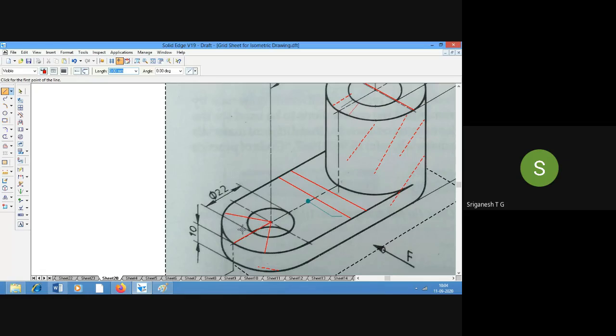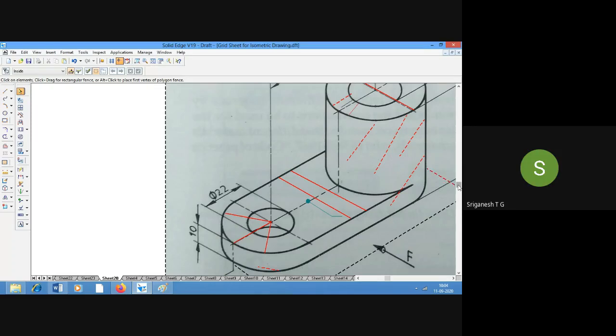Can you hear me now? We can hear you, sir. So what is this distance from the center to this arc? 23 mm. Correct, no?